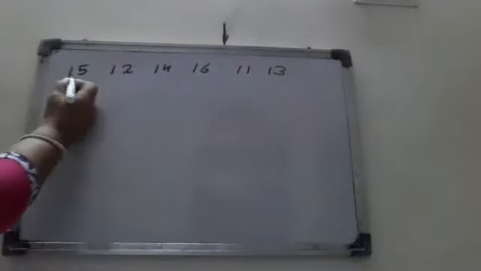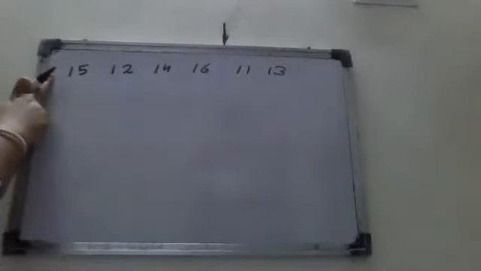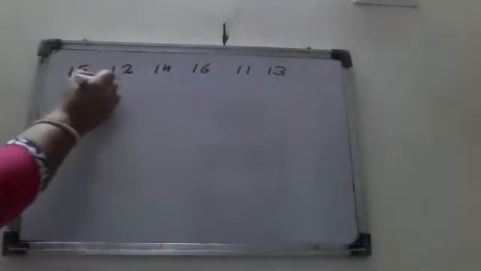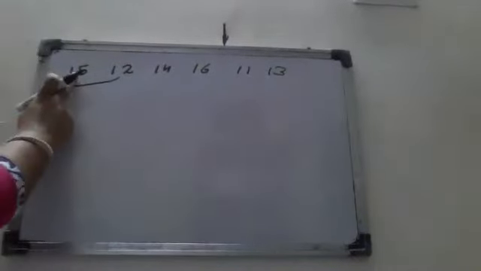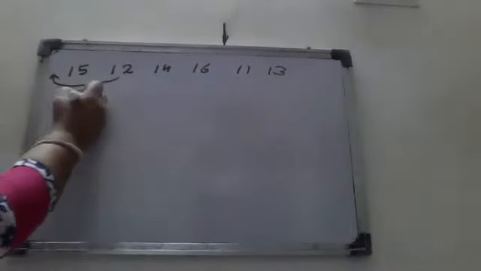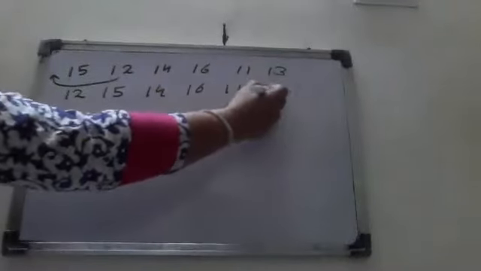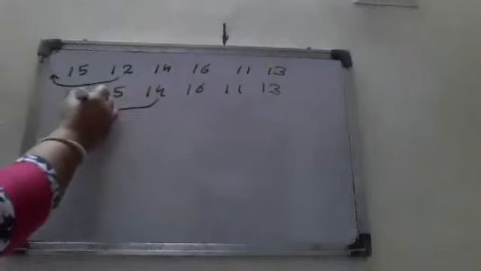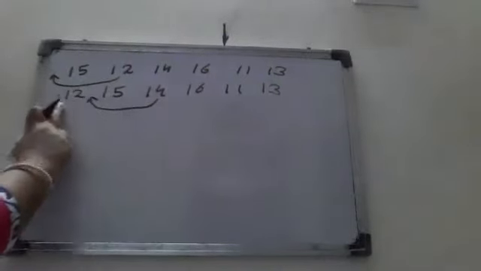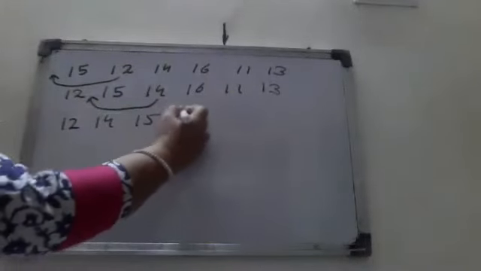Just see here. So 15 and 12. Obviously, 12 comes at this place when we do the ascending order. So just write an arrow here. Write the arrow here only. Don't write here; if you write here, the value will be updated. So now you just insert the value here. Now this becomes sorted order. So 14, the right place of 14 is here in between 12 and 15. So you just insert it here.